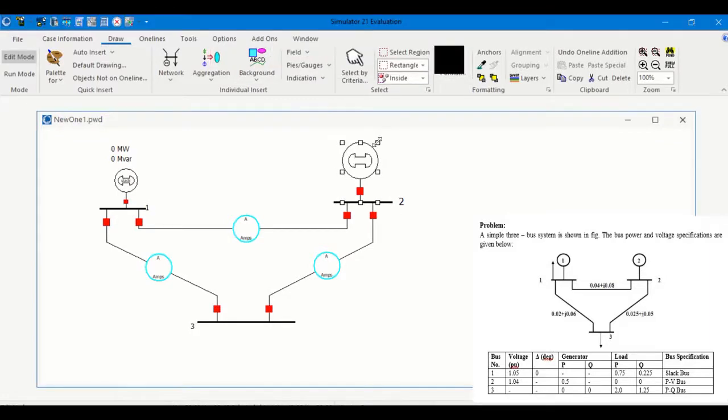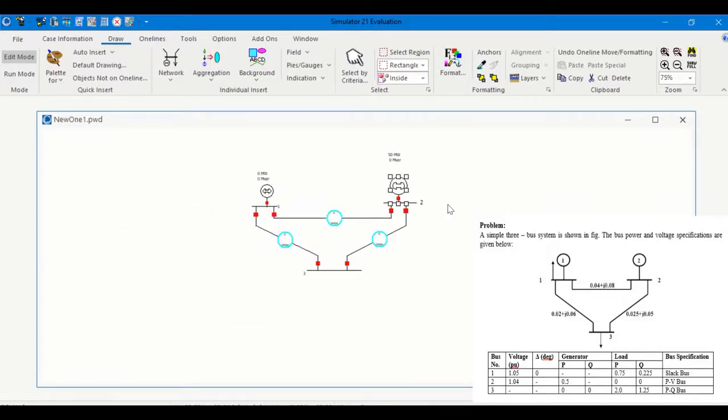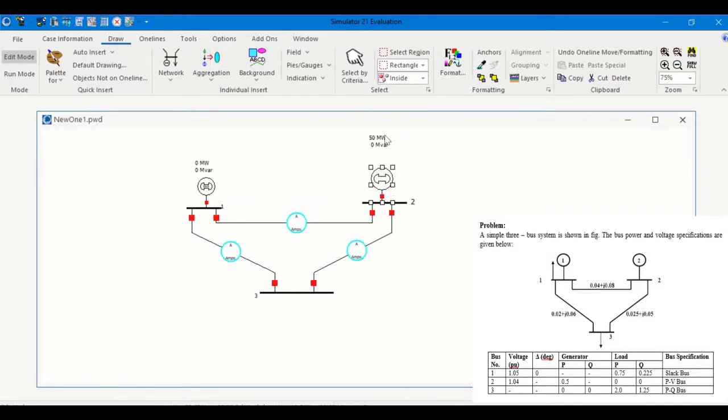So you could resize the generator again like we did earlier, so that your picture looks perfect. And you could also zoom out or zoom in. And you could also change the position of the labeling. So 50 megawatt, right? So I'm just making it look perfect for the display.